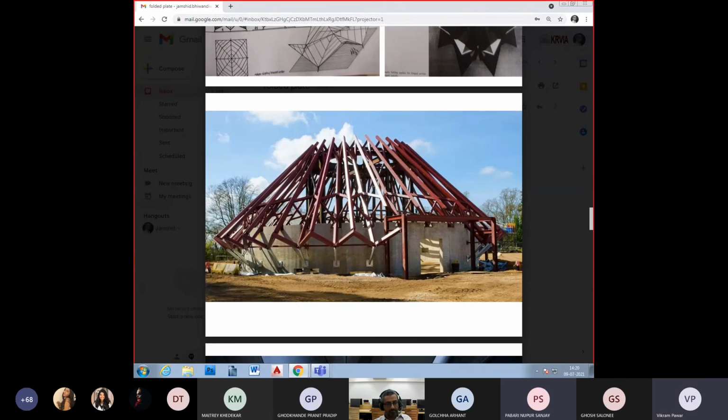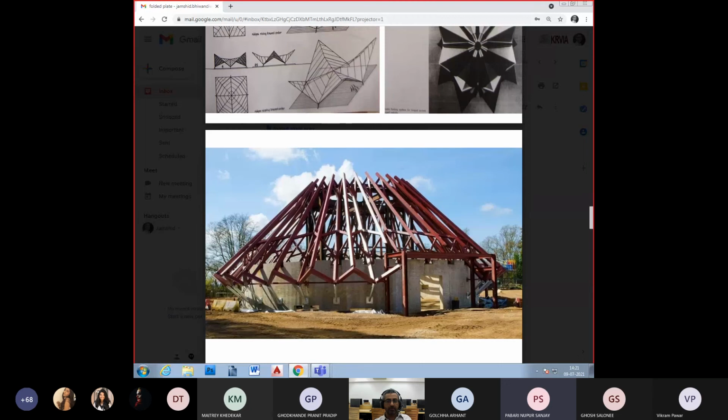Because with concrete, we will be pouring the concrete in one single go, so it will become one singular structure. But in the case of timber, we'll have to put together a lot of pieces of probably engineered wood and form this kind of structure. So can it be done in timber, or is it not advisable?